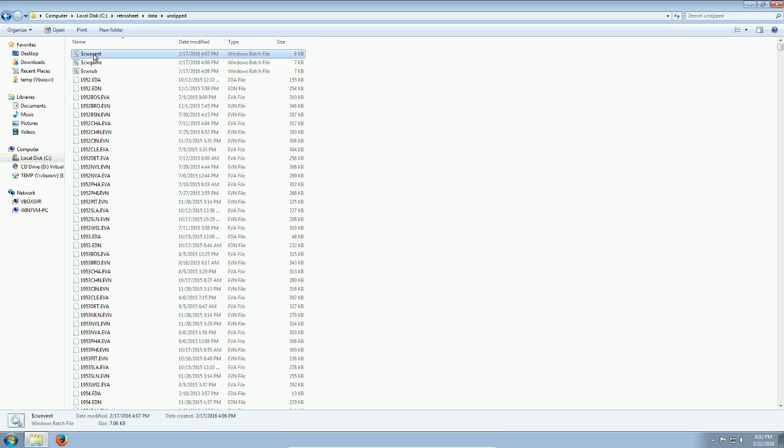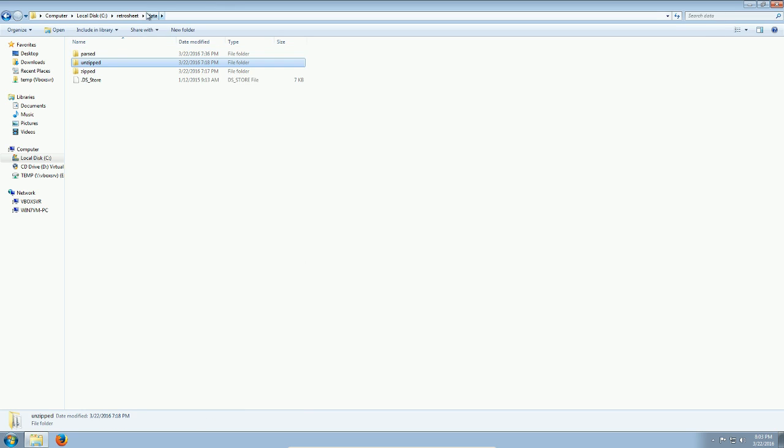Your mileage may vary, of course, and it all depends on the power of your system. This is a somewhat memory-intensive process. It's doing a lot of reading and writing from memory. So if you do have any other programs on the machine that you're doing this on, I would recommend closing them if you can, just to free up any resources that you have. But once all this is done, and it'll probably take 20 to 30 minutes,